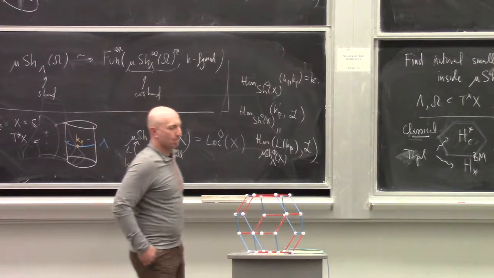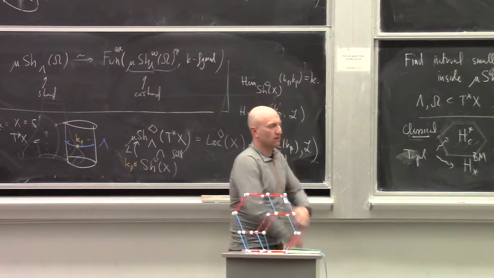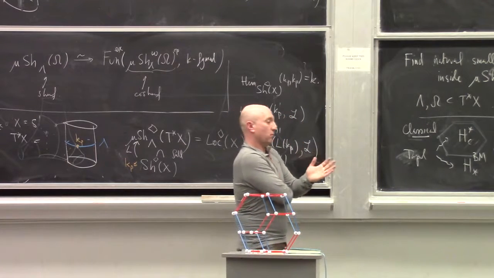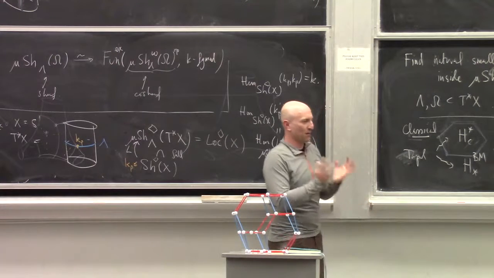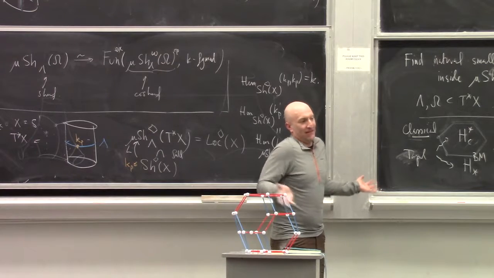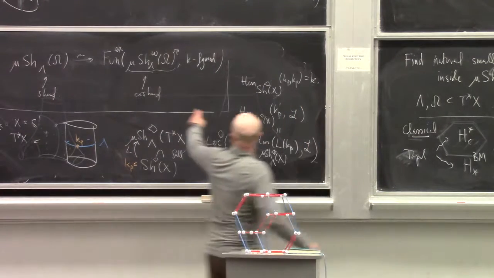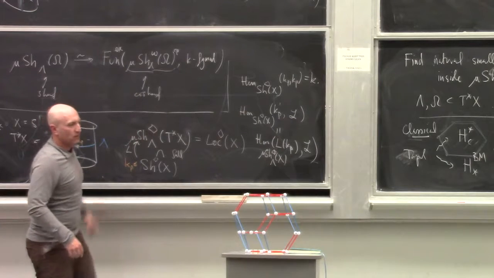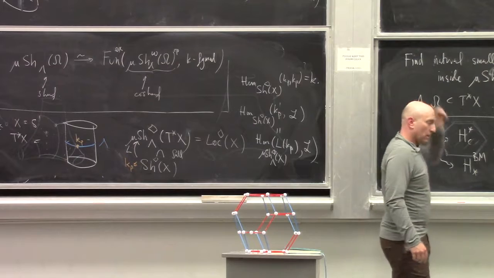It's not clear a priori that what we would call a singular Lagrangian actually supports objects. In fact, one of the deepest problems in the subject is: you give me a singular Lagrangian, and you say, okay, here's my support. What's the category? Does it carry any objects? But at least you have a lot of objects here, because of non-displaceability. And the support is always Lagrangian. That's right.